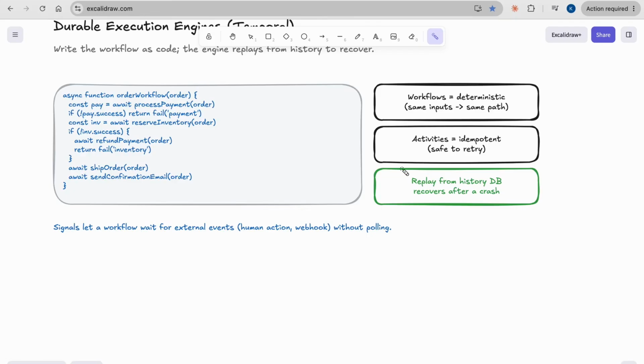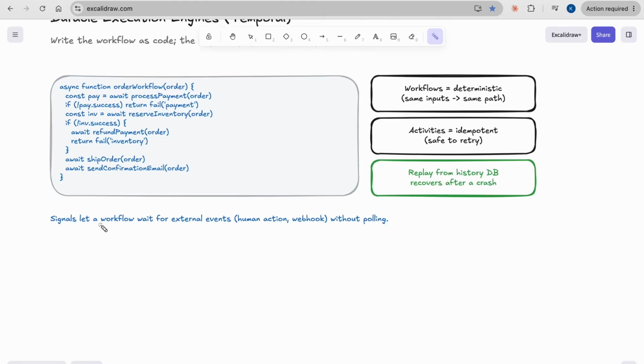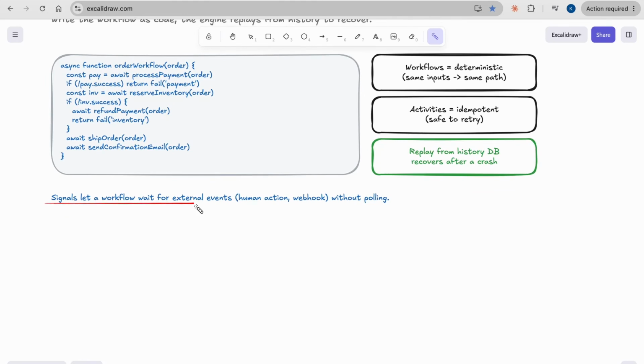So here now we are guaranteeing that the customers are charged once, the inventory was resolved once, and none of the business code that had to crash is affecting any of the workflow. Also, a very important concept here: the signals in a workflow offer greater flexibility for a workflow to wait for external events. For example, human in the loop, like human approval, or webhook listeners and manual inspections, and all those things.